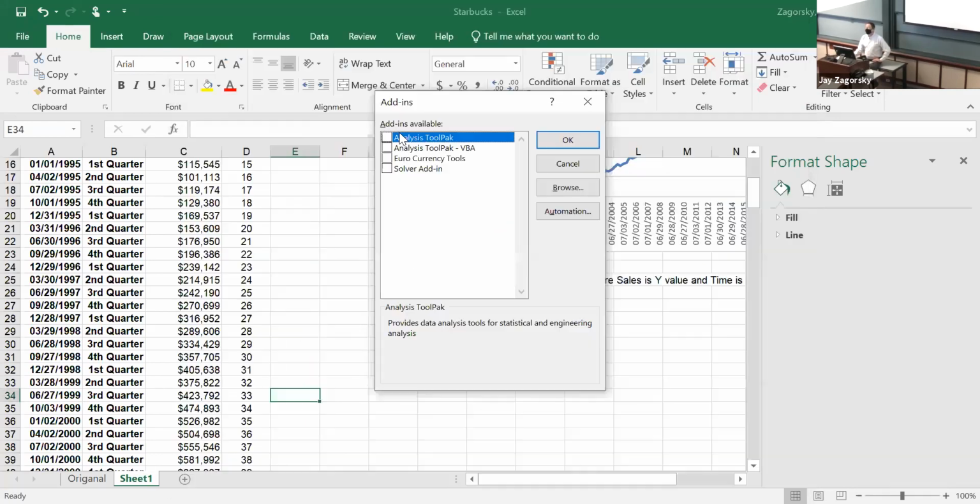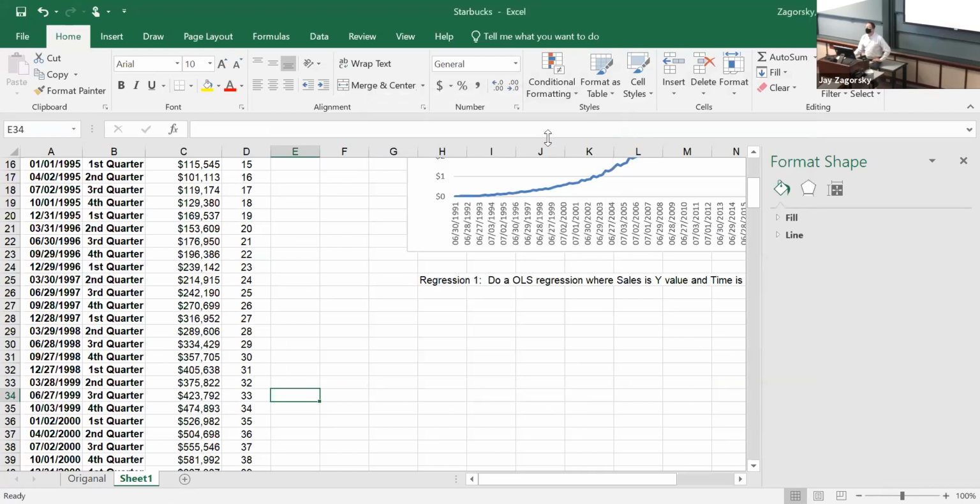Click Go. Click Analysis ToolPak. Hopefully the Analysis ToolPak shows up now under Data. If it didn't, and it was already selected, unselect it, pick OK, and then reselect it. That tells it to turn off, turn on.